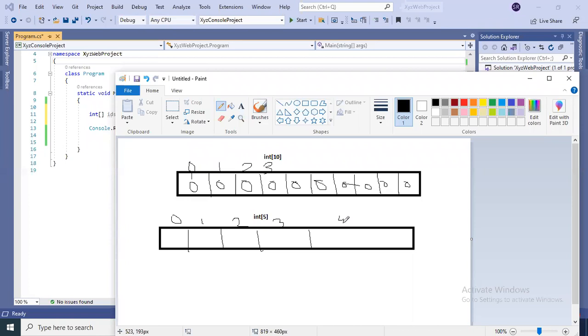For example, this one is an array and I have stored the values 2, 3, 4, 5, 6. If I want to access the value 6, how can we access it? With the help of this index. What is the index position of 6? 4. We will use the index position to access this value. If I want to access the 4, which index position will we use? 2. So all are getting this point. These are the main concepts. If you do not understand this concept, you will face many problems.